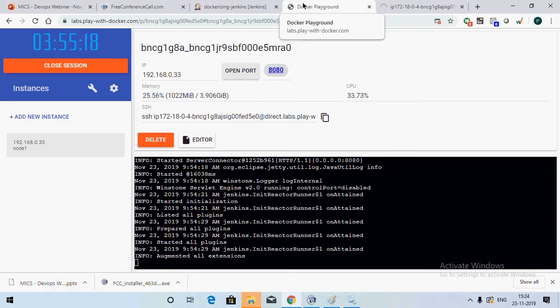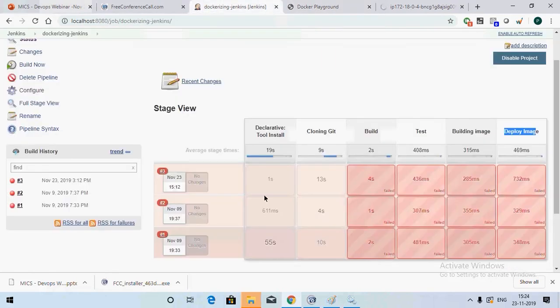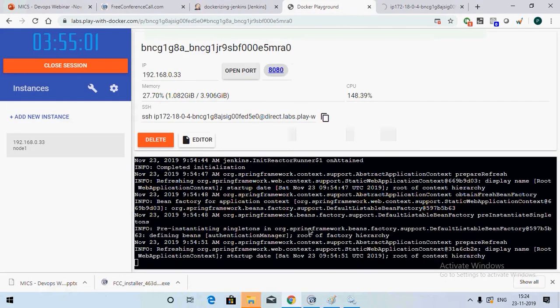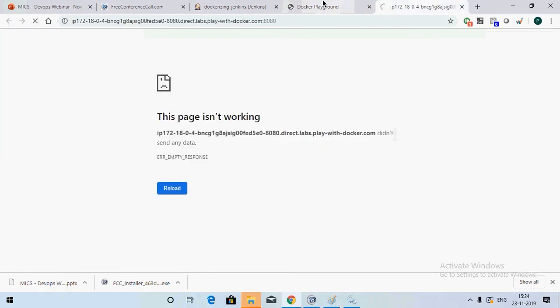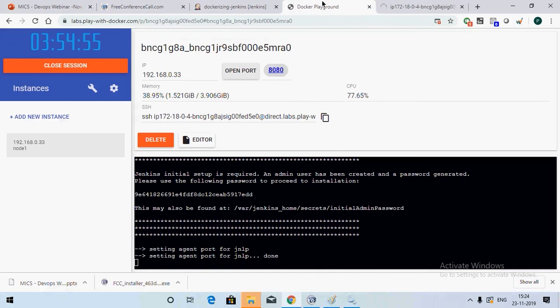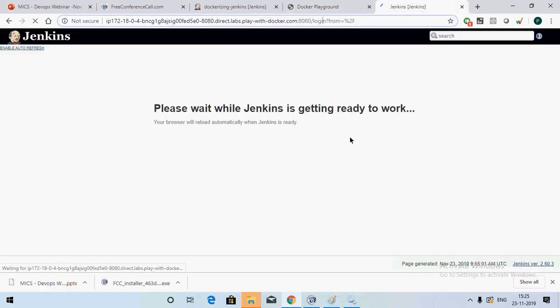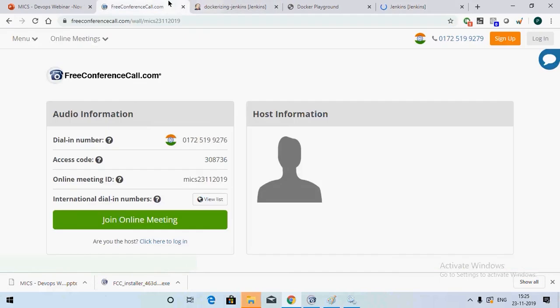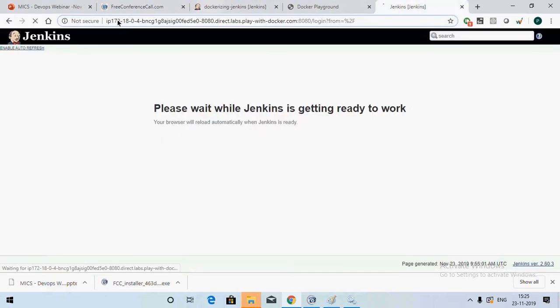It's all about Jenkins. Whatever Jenkins I installed on my system, the same thing you can install inside Docker with minimum space. It will not take much space, and the processing speed will be faster. Can you see now? Your Jenkins is starting here. Your Jenkins has started.